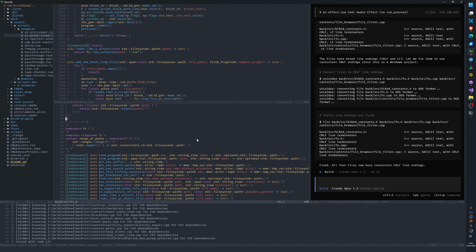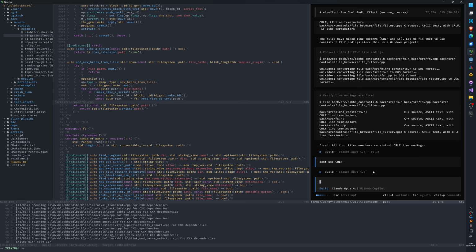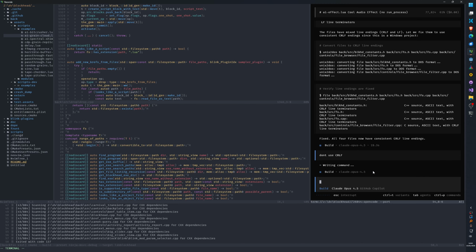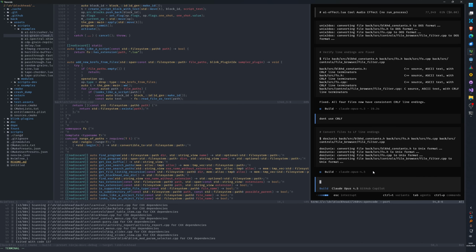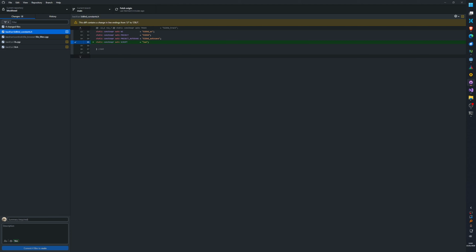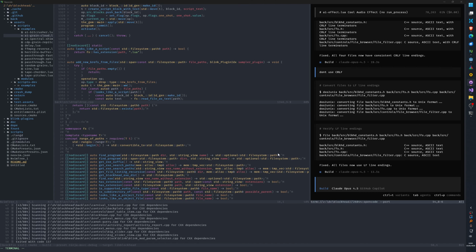No, yeah, I want you to change. Don't use CRLF. Do I want CRLF or not? I don't know. I can never remember what the right one is. Change from LF. Yeah, exactly. It should be LF. Thank you, GitHub. Thank you. Yeah, that's perfect.